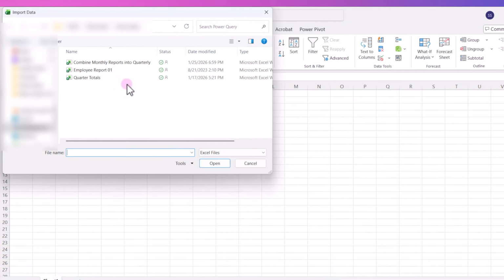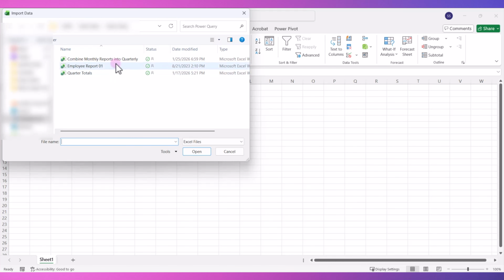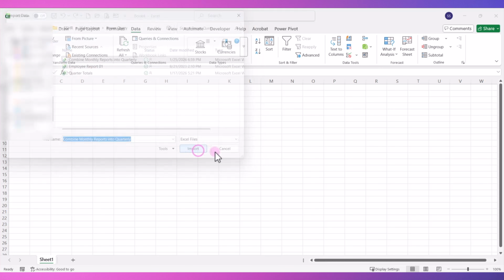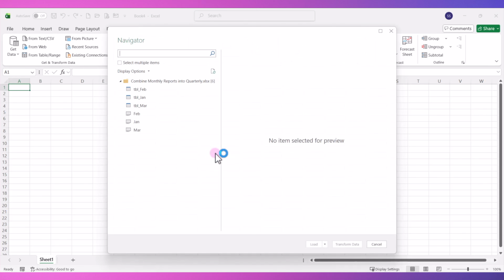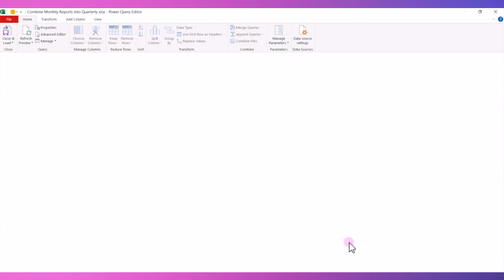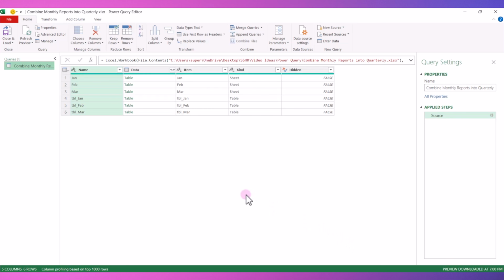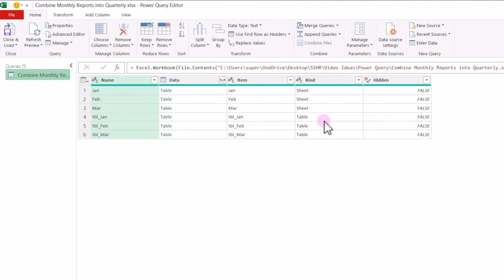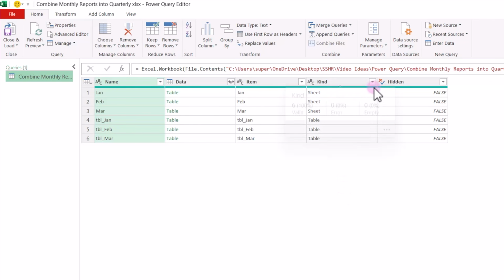That's my combined monthly reports into a quarterly. I'm going to select that file and click on Import. Now I'm going to select the file folder up here and then click on Transform Data. This opens up the Power Query editor, and I'm going to come up to the Kind column and drop down,